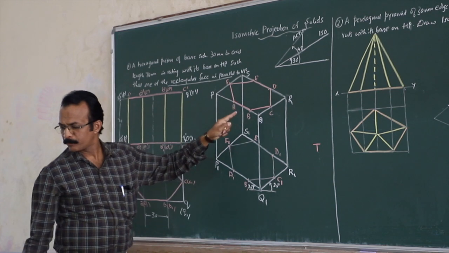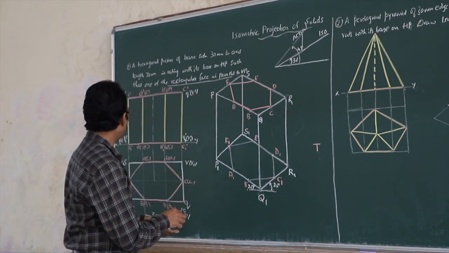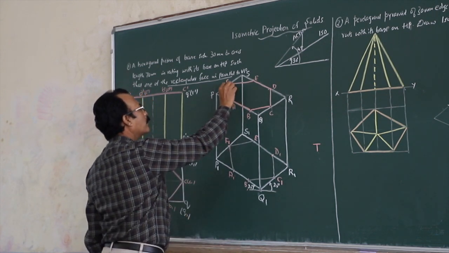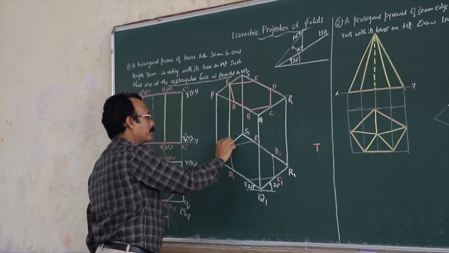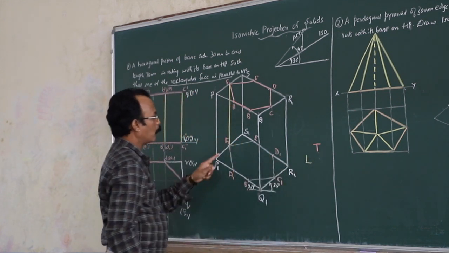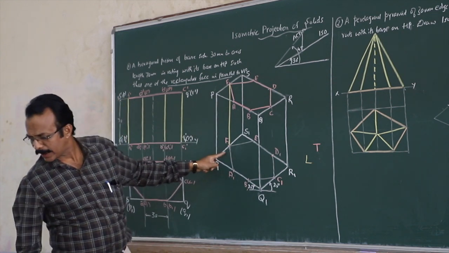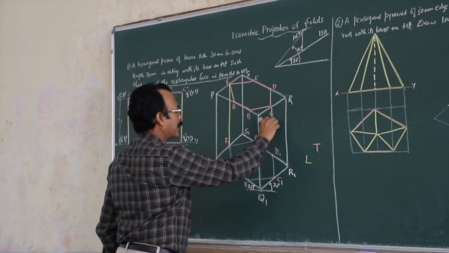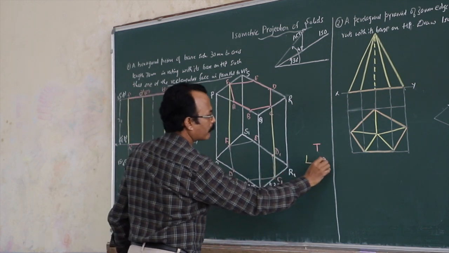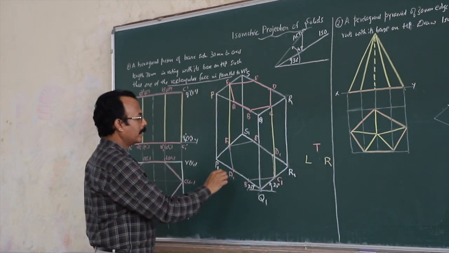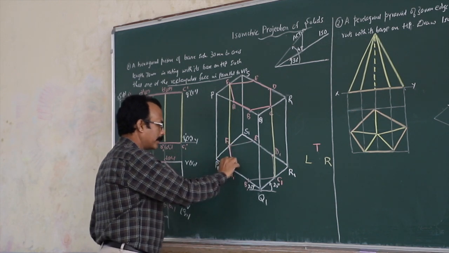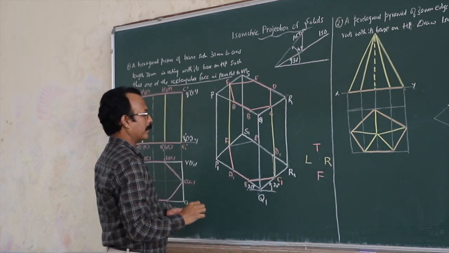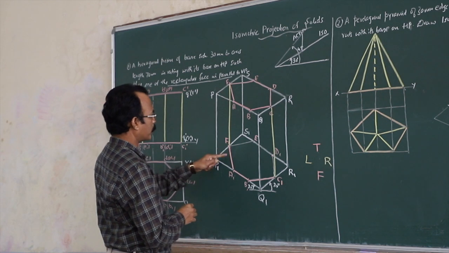Then you take the leftmost portion. When you observe the leftmost portion, you can keep a scale and slide it. You will observe that F1 will be the leftmost line. So I will take the leftmost solid there. And on the right side, C1 will be the rightmost side. So left, right. Then you take this front portion solid. Then front portion solid there. So once you do this, now you can observe this front portion here.